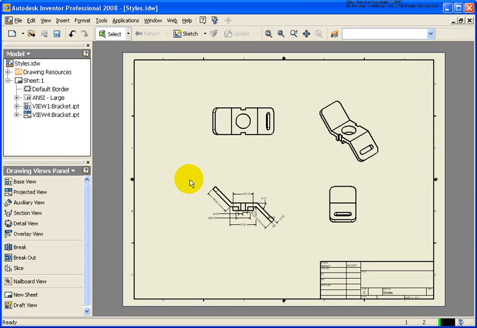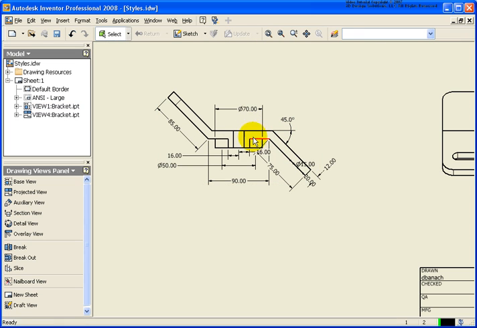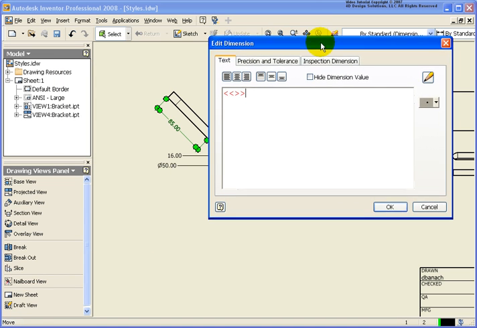In this lesson, we will be covering styles in regards to how they affect dimensions. The file that I have open is called styles.idw, and in this file I'm going to pretty much be working in this base view here. As you move into the specific dimension, you can double click on that dimension and a dialog box will appear